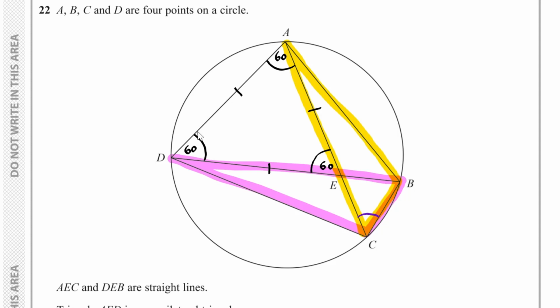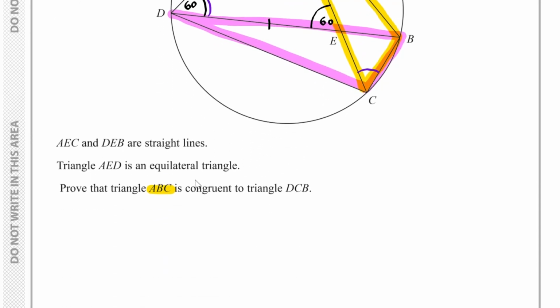Yeah, that makes sense. And the reason for that is we have alternate angles. Okay, so let's just write that down. ACB is equal to ADB, and